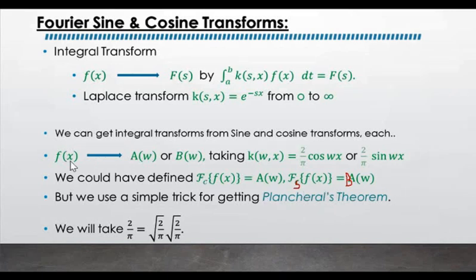Anyway, the advantage is, from f of x to a omega, you can use the constant root of 2 by pi, and for coming back, we'll have the inverse transform. So for coming back from a omega to f of x also, we'll have the same constant root of 2 by pi. The idea is that we divide this 2 by pi into two terms, root of 2 by pi and root of 2 by pi. One will be used for going to the output, and the other root of 2 by pi will be taken while coming from the output back to the input, that is, for the inverse transform. All these things will be given in the next slide.